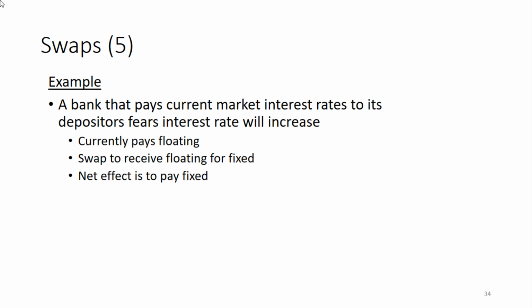the market. So perhaps what the bank then says is, well, instead of paying these floating rates, I would like to pay fixed rates. But it's not possible to tell these depositors, well, now we agree upon fixed rates. That cannot change, so the bank simply needs to keep paying the floating rates to the deposit holders. But what it can do is enter into a swap contract to pay a fixed amount under the conditions of the swap contract and to receive floating.